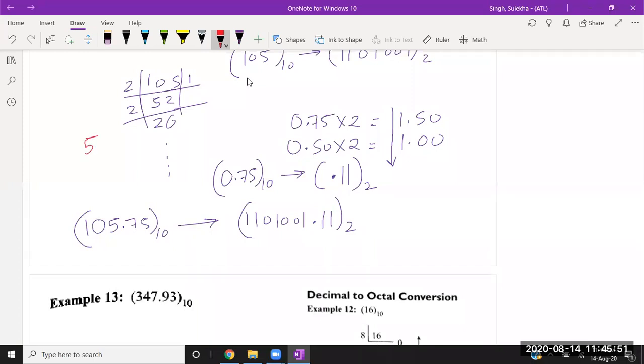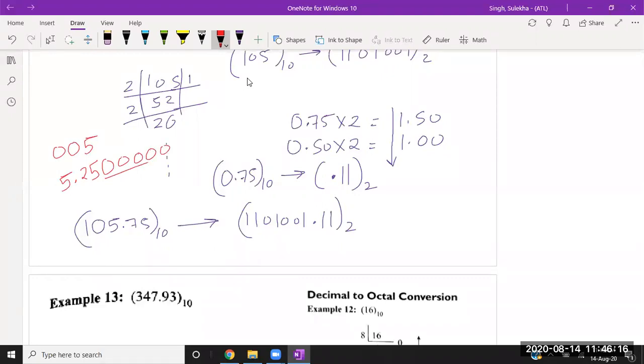Whether you write 5 or 05 or 005 rupees, all are equal. In the same manner, if I say you have 5 rupees 25 paise, either you write 25 or 250, meaning in the fractional part